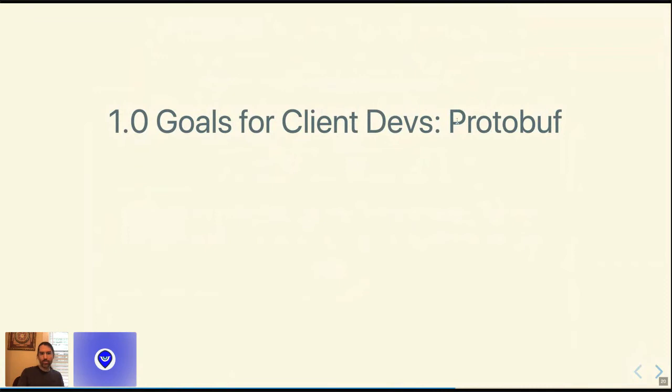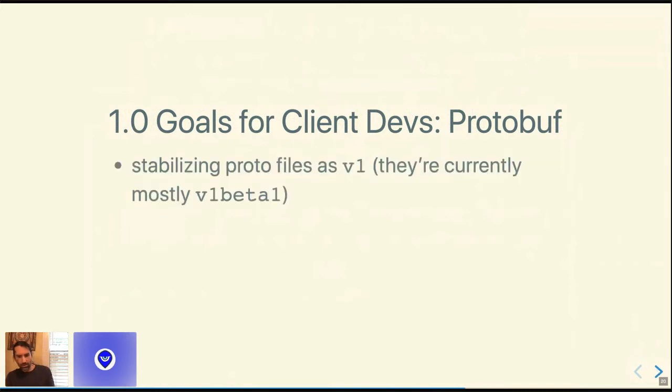All right, so what are some of our 1.0 goals for client developers with respect to protobuf? There are still a few things we need to do to provide the full experience we want. One is, like I said, we want to stabilize the protofiles as V1. Right now, they're mostly marked as V1 Beta 1.